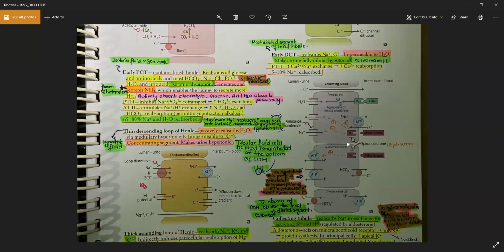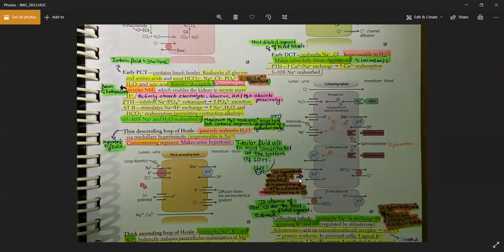Now you have the alpha intercalated cells. They have the hydrogen ATPase pump. Whenever ATP is present, it will activate the pump. It will cause the efflux of hydrogen from the cell into the lumen, helping get rid of the acid. Whenever you have too much acid, this pump gets activated and it will draw out all the acid from the cells, from the body. Second type of pumps are the potassium hydrogen pumps that will cause the influx of potassium and